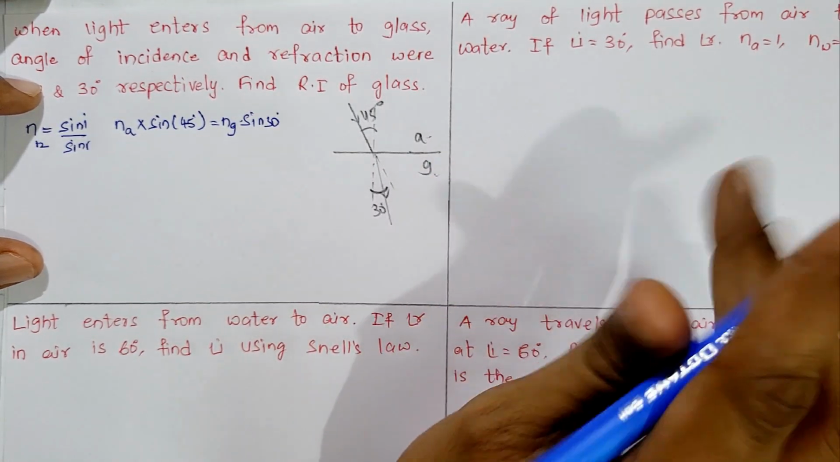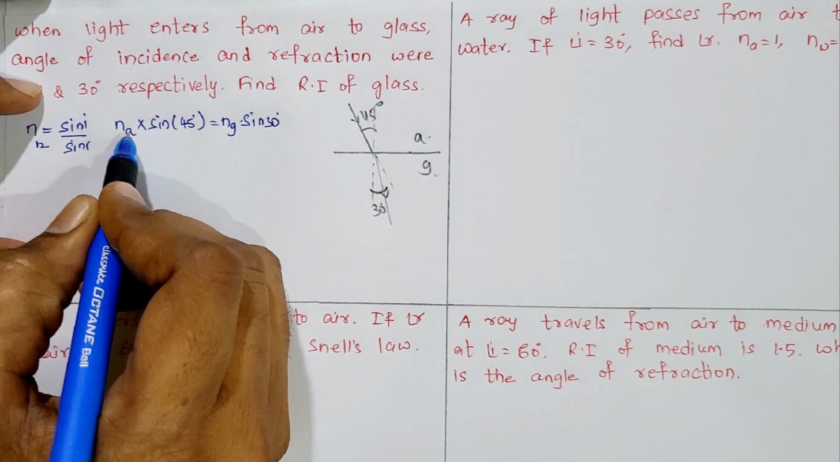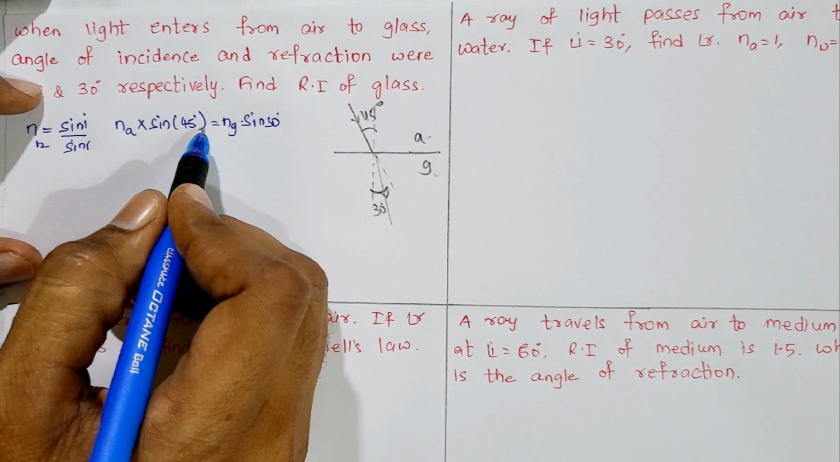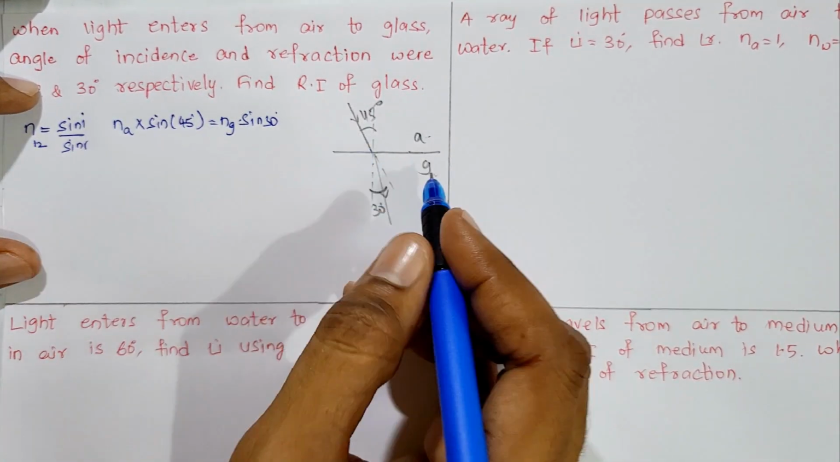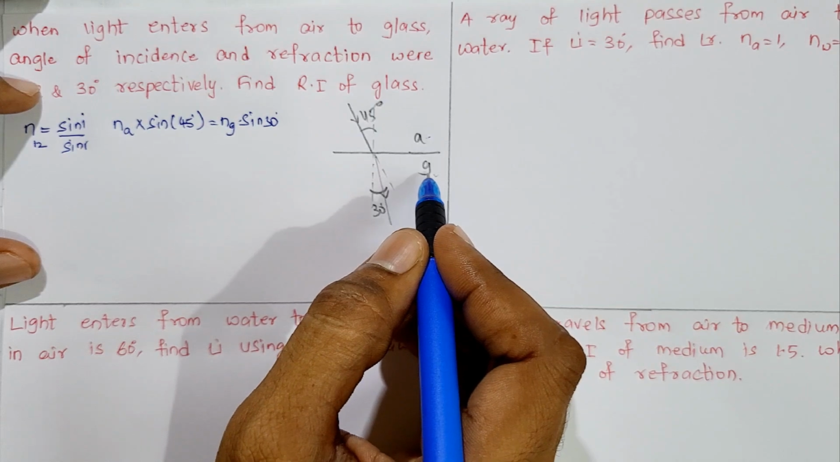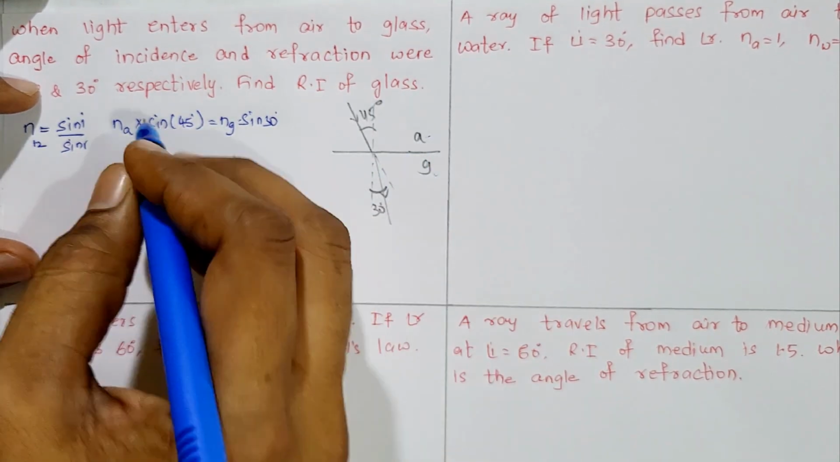They may give anything. If they give diamond here instead of water, refractive index of diamond into sin 45 is equal to refractive index of glass into sin 30. Like that. So now they ask us to find refractive index of glass, which means refractive index of glass with respect to air. So we have to find